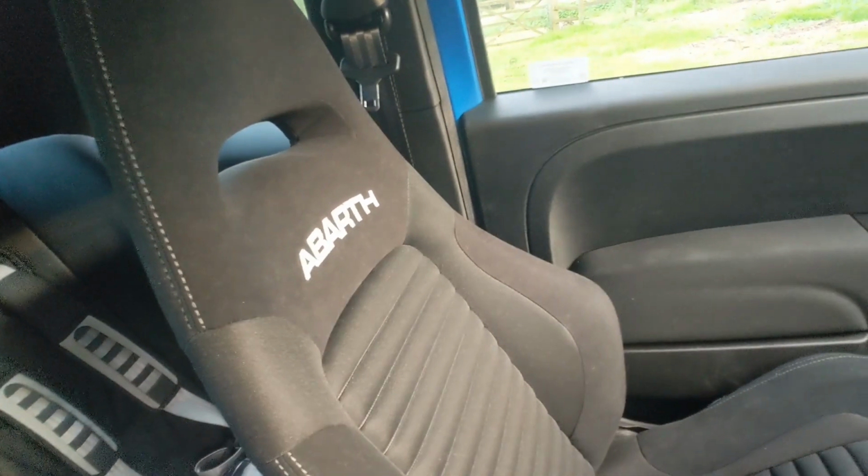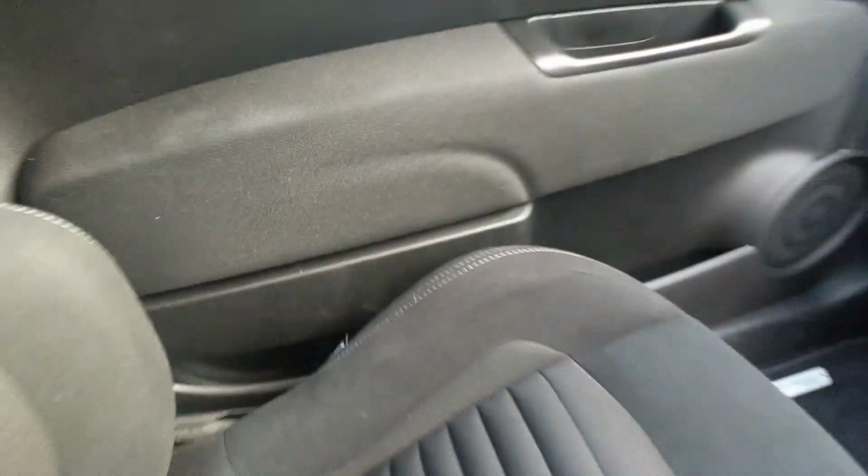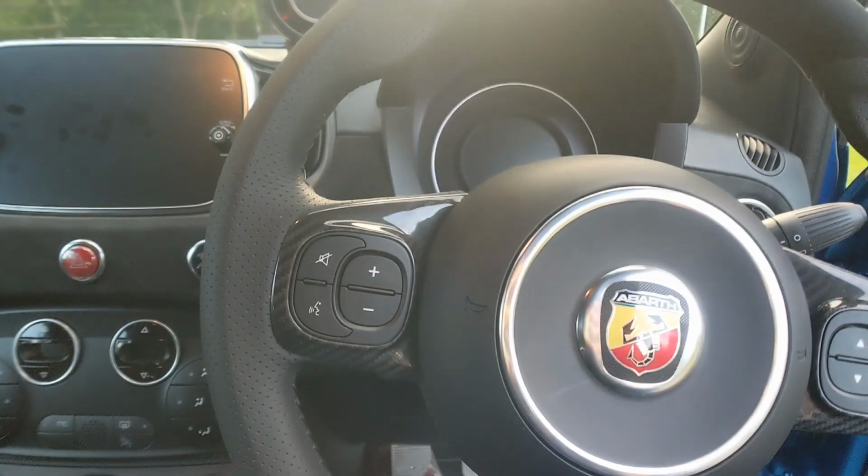These Sabelt seats are very comfortable. They do a good job. One problem to note though is if you try getting your hand down the side there to adjust the seats when the doors close, it is a little tricky. You've got a glove box in there big enough and all that sort of stuff, but I'll start it up